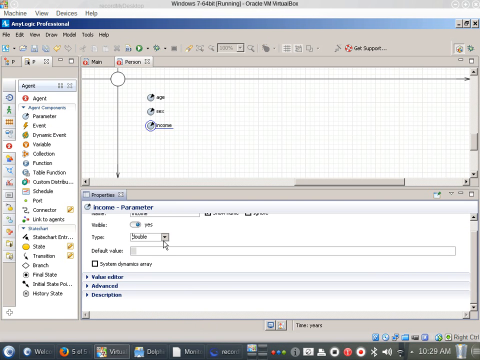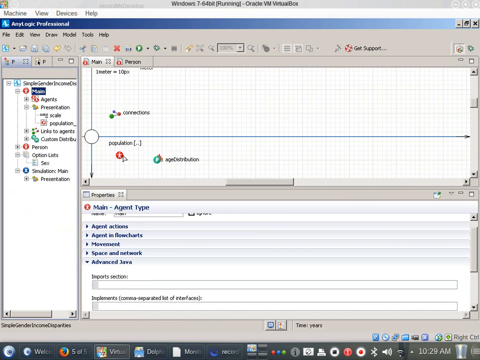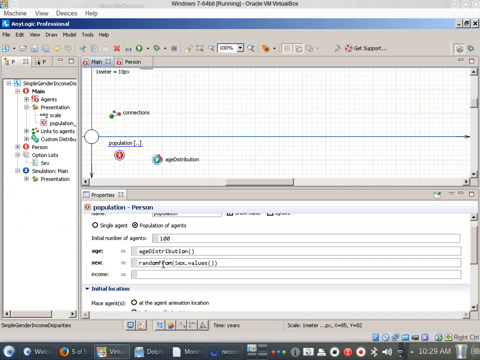Okay, so now I want to impose a distribution for income. Where would I do that? An income distribution is associated with a population. Thank you. Because maybe I have two populations, one for Canberra and one for Adelaide, and each of them has a different distribution. So it's associated with the population to which they belong. So let's go to the population, and this is where we specify the income. Okay? Now,